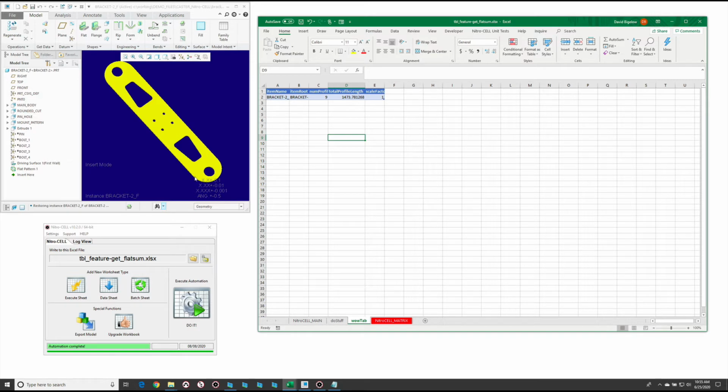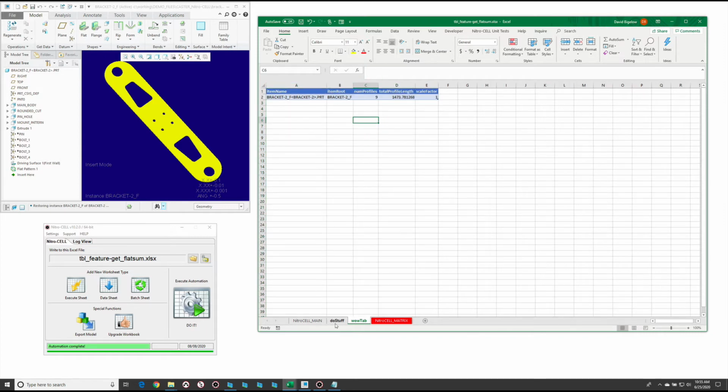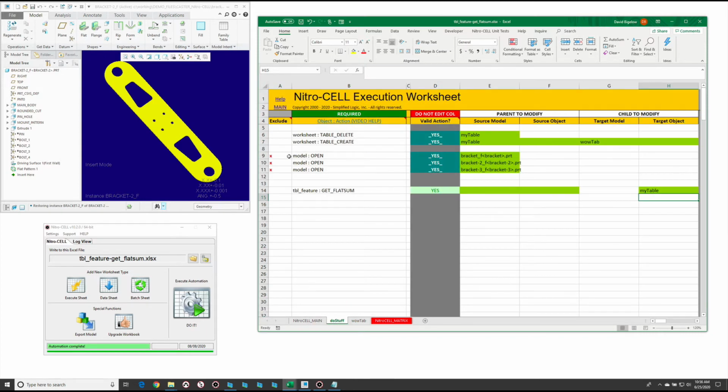this part. So we count the outside as 1, 2, 3, 4, 5, 6, 7, 8, 9, which is correct, and the total length of those, as well as the scaling factor for what's in this. So it's a really nice way to just quickly get an idea of how many operations are going to be performed on this and what the total length of travel is going to be required for, let's say, a laser or a plasma cutter. So I'm going to rerun this, but in this case, I'm going to be opening up